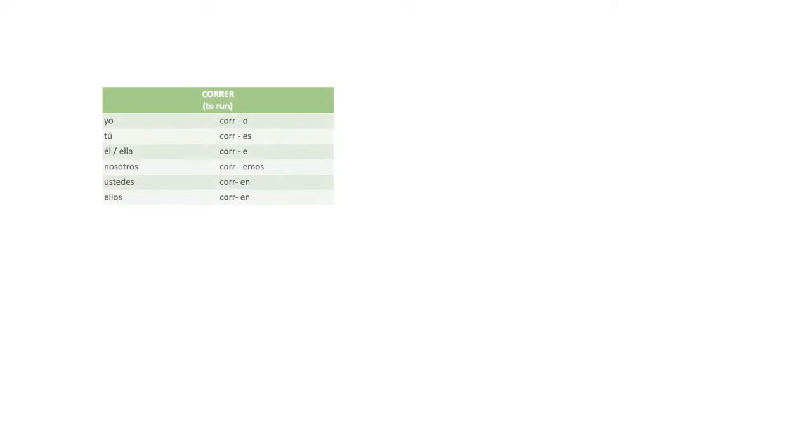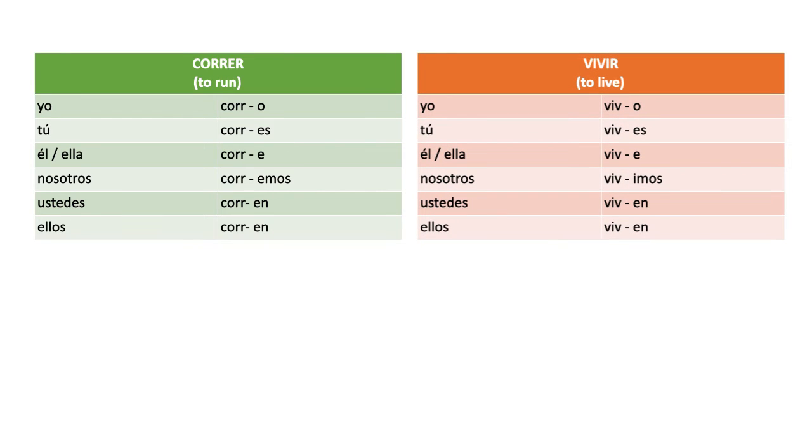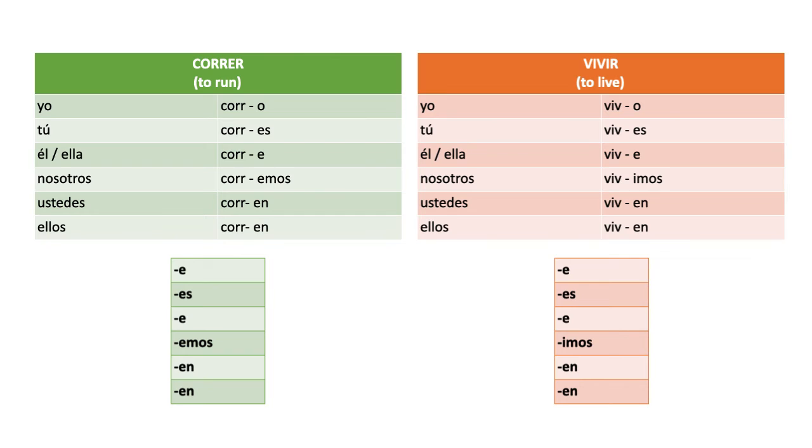Now, let's look at the endings of the ir verbs. And let's compare them, if you will, to the endings of the er verbs. Here we have correr again, and here we have vivir, the ir verb we just did. These are the endings for er verbs, o, es, e, emos, en. And these are the endings for the ir verbs we're introducing today, o, es, e, imos, en. Now let's compare these two little tables in the bottom for a second. If you pay attention, you will notice that they're almost the same. There's only one small difference, right? In the nosotros form,